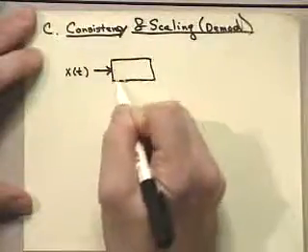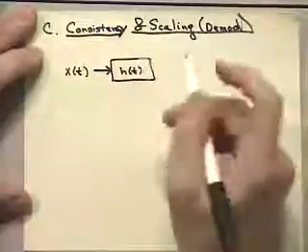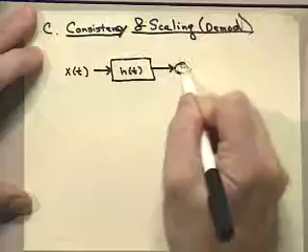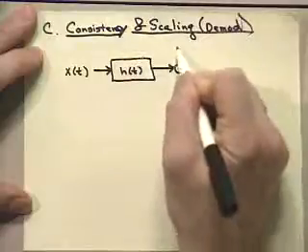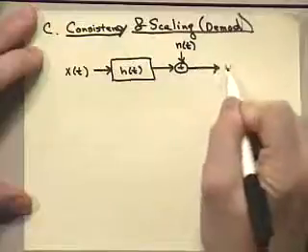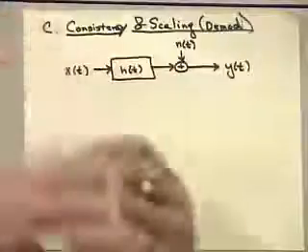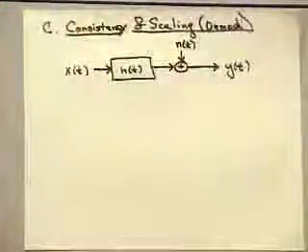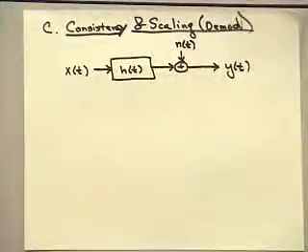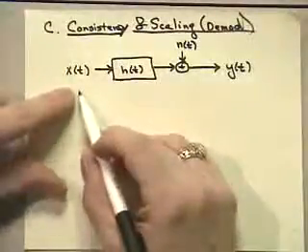It goes through a channel h of t, additive Gaussian noise distorts that signal, and the output is y of t. Okay, well, it'd be really nice, and we've already seen that I could replace this channel with xbb on the